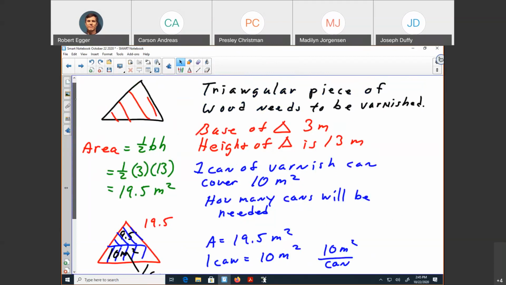Well, shoot, 3 meters is almost 10 feet. 13 meters is almost 40 feet. So 10 by that is a really big item. And with a can and how much a can covers, divide the square footage, and you get how many cans.